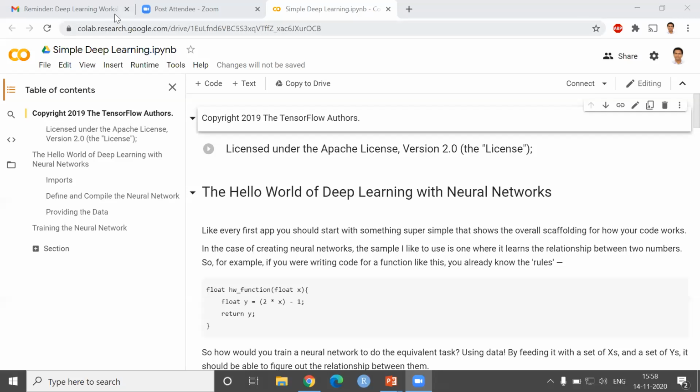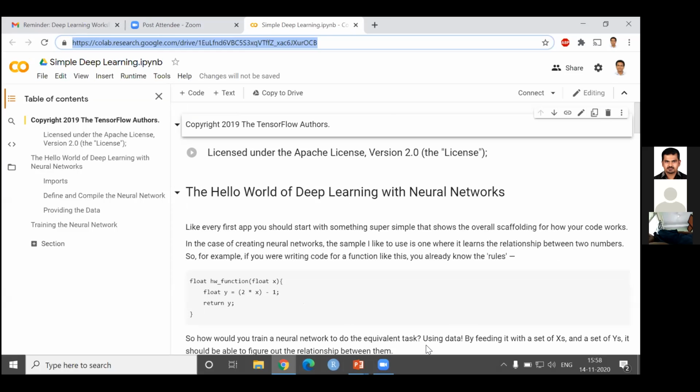Okay, I'll be sharing the Google Colab with you now. I will work on the notebook that is in front of me, and I will also pass on the Google Colab link to you through the chat.